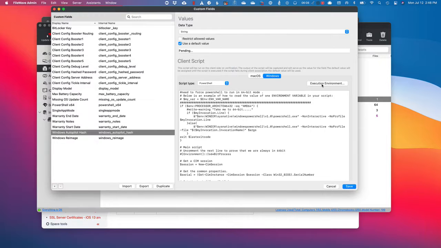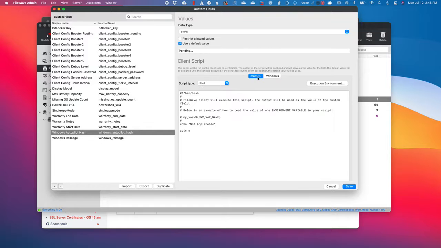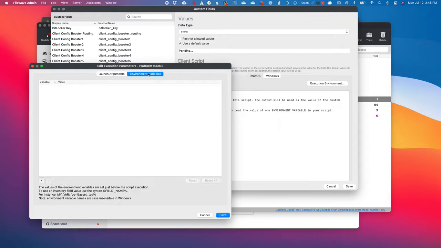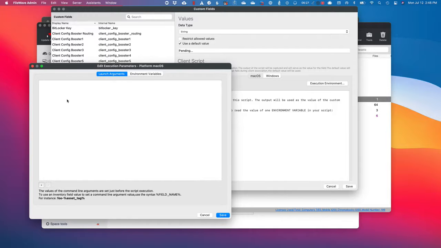So here it's kind of obvious. This was a Windows example, but when you go to the macOS tab, the same thing is true. I can create launch arguments, pass them to the script. I can set environment variables. The other nice thing, forgetting about the fact that you might pass passwords through environment variables, I think of launch